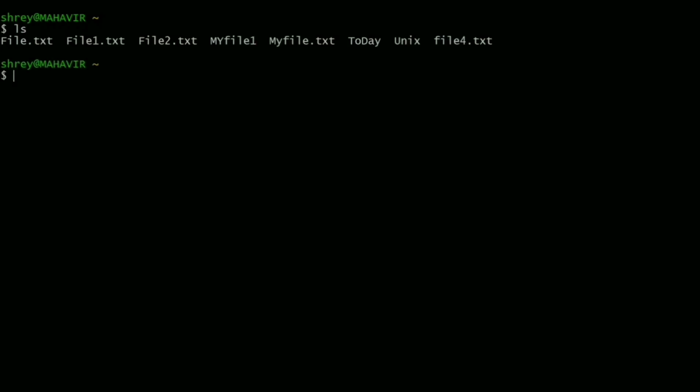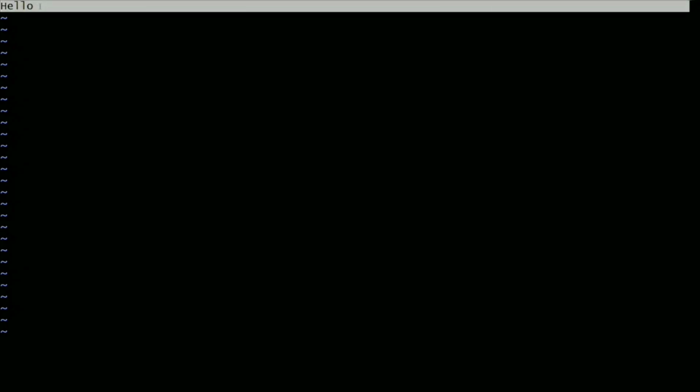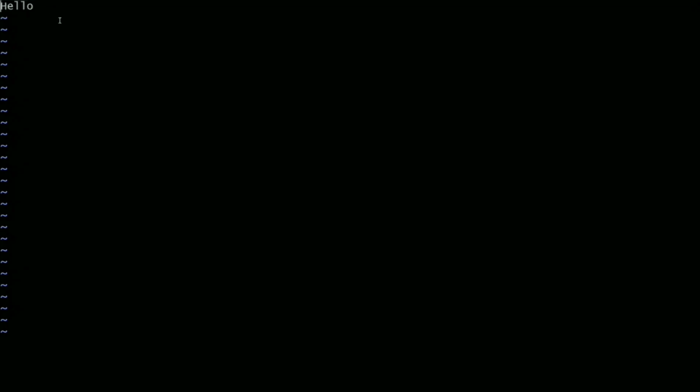Now we will run our commands in a terminal. First we will see the files which are present using the ls command. You can see this number of files are present here. We will open an existing file using the vi command, vi file.txt. As you can see, the existing file is opened with the content hello written in it.